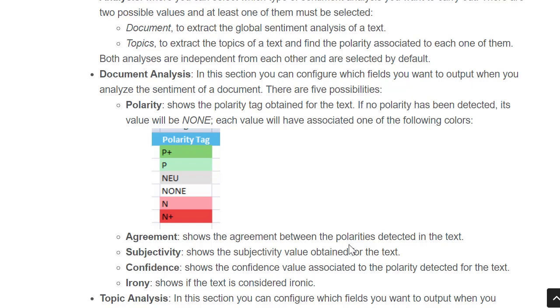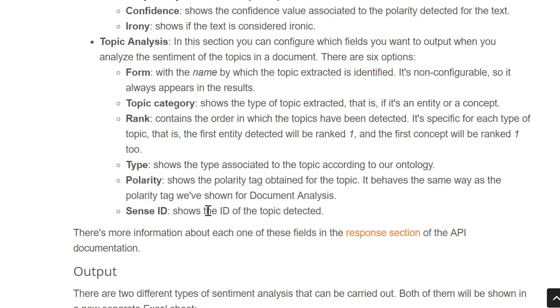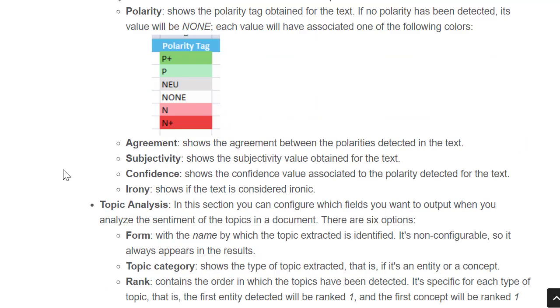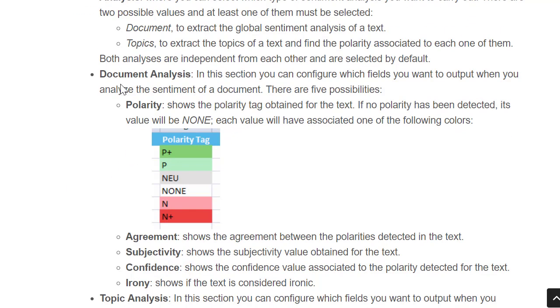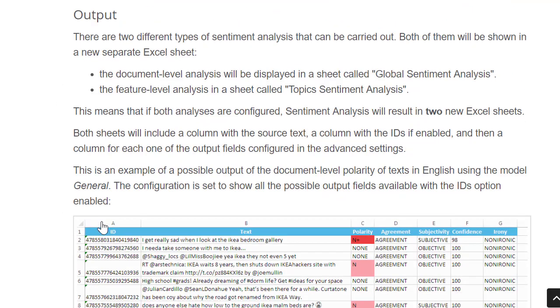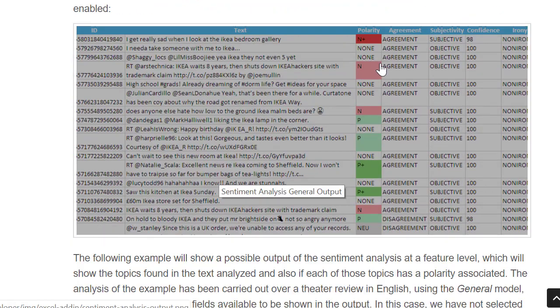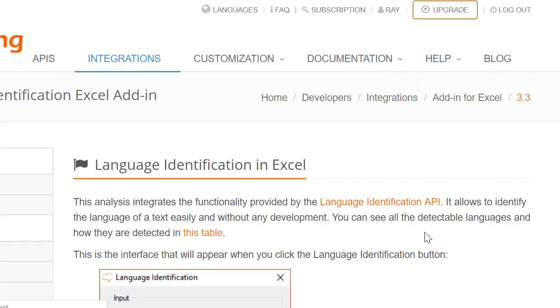It's also explaining what the output is. I would suggest you run through that just so you see what the output of the analysis is. So in our case here, the sentiment analysis. Here's what the results would be once you do that. And you can stop there. I don't want you to do any language identification. So if I go back to the original link,